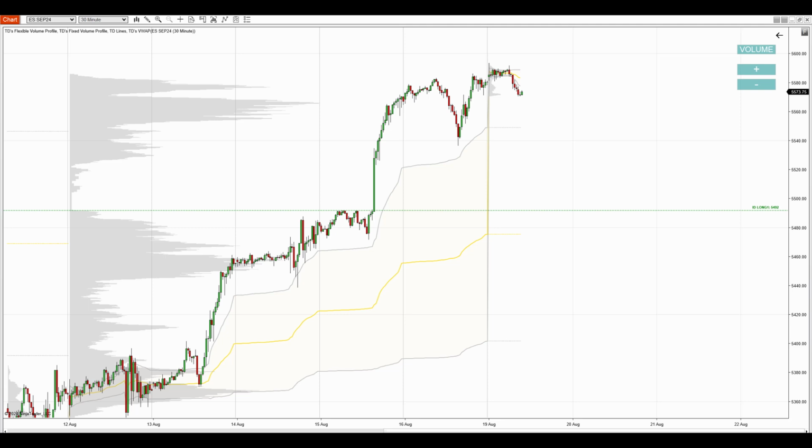What you see before you is the NinjaTrader 8 platform with my custom-made volume profile and VWAP indicators. This is the ES, which is futures for the Standard and Poor's 500 Index. This is a 30-minute chart, and the first trading idea is here on the ES, and it is a support